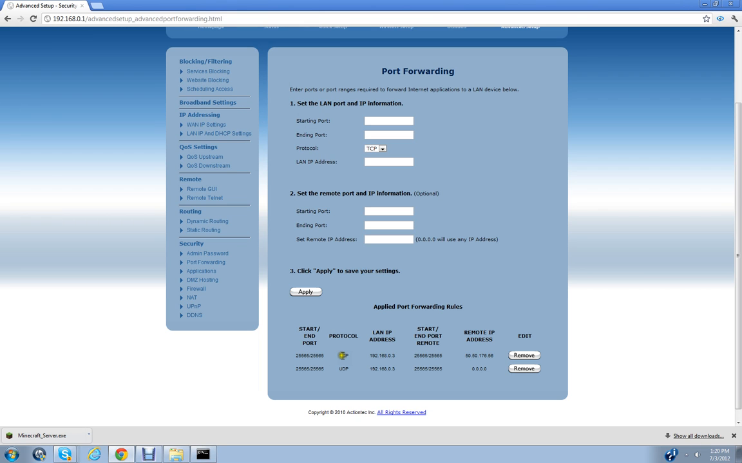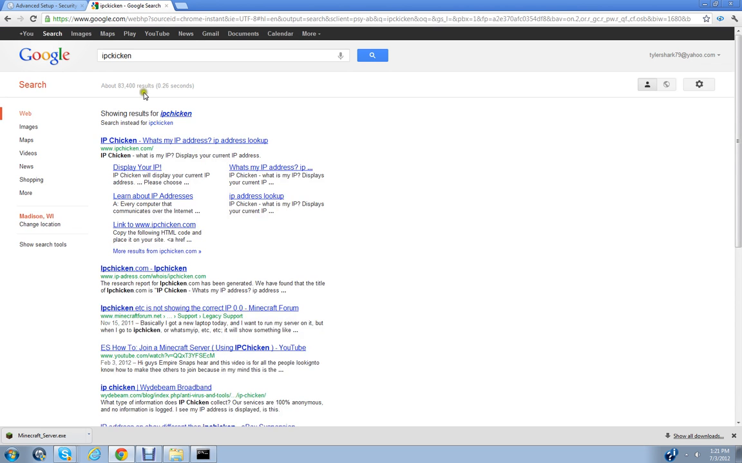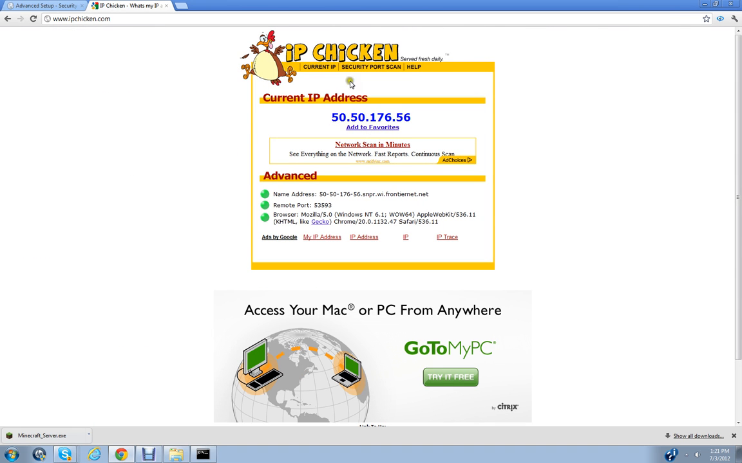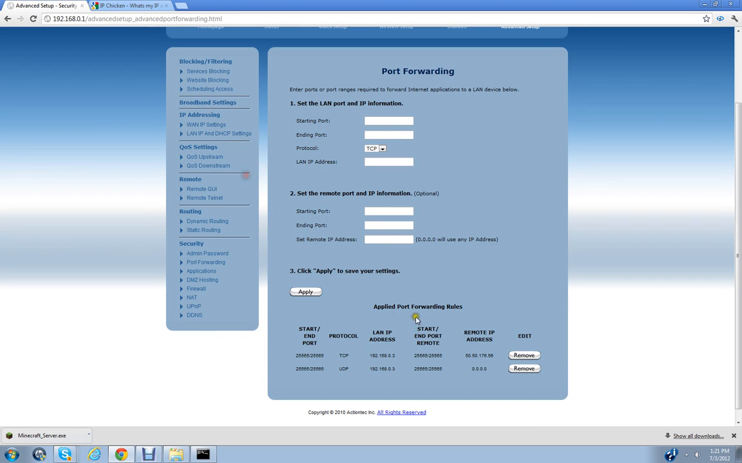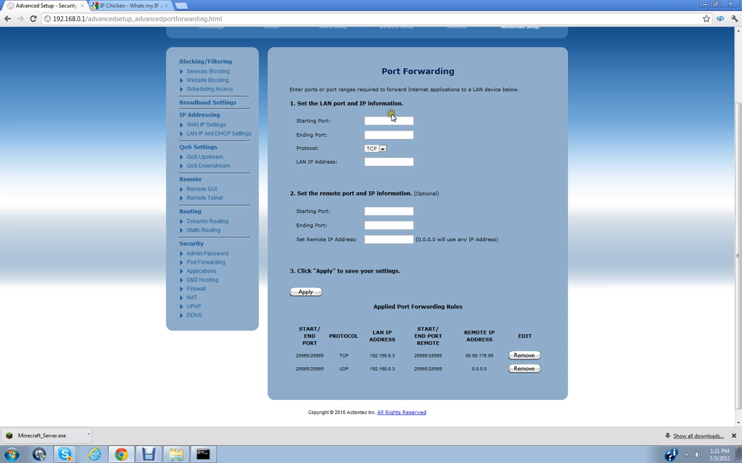And then you have to do this twice. The first time the protocol is TCP. Then the remote IP address is going to be your external IP, which you can just type in IP Chicken and click here. And this is your current IP address. This is what other people are going to use to connect, but it's not what you're going to use. So that's what you put in as your remote IP address. And then you just hit apply. After you type all that stuff in, your starting and ending port will be